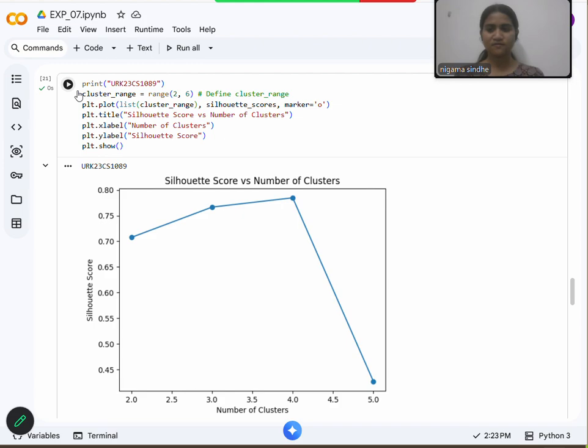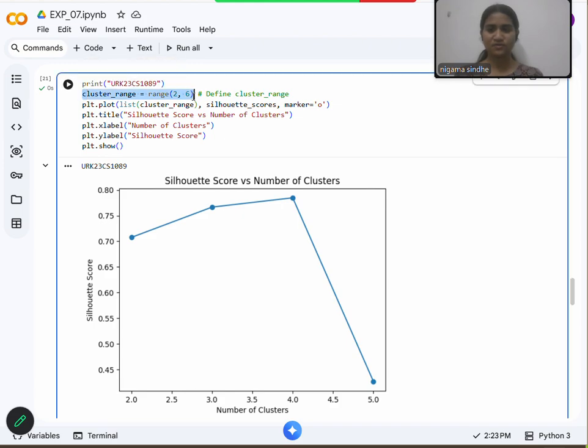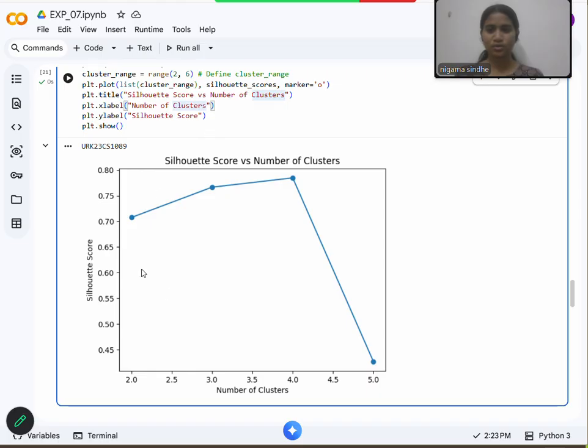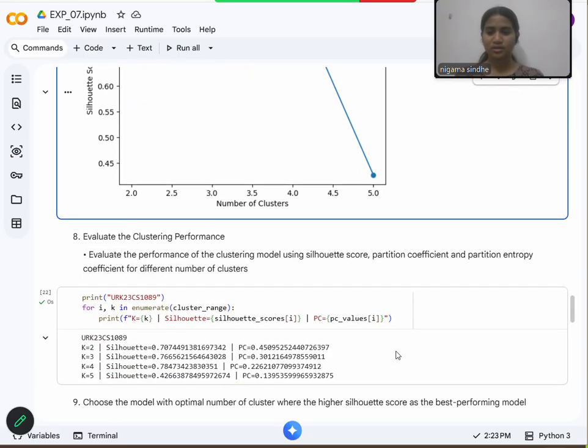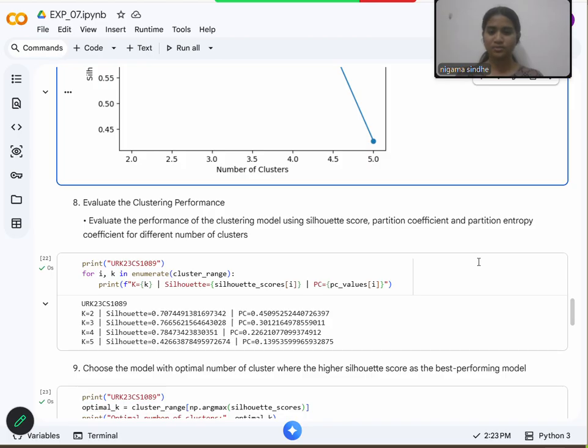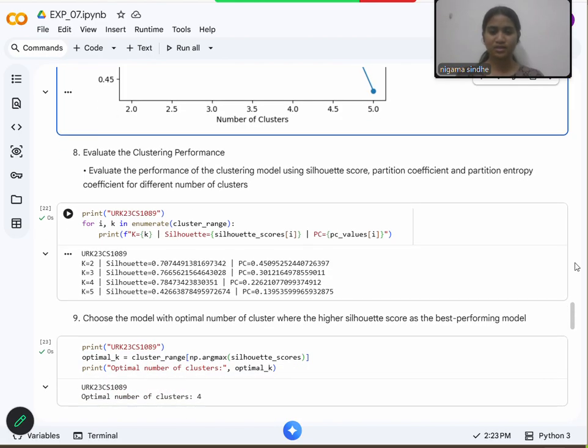As we have seen earlier, the cluster range would be from 2 to 6 as defined above. We are going to plot the graph between Silhouette score and number of clusters, and the graph would be increasing and then decreasing. Next we are going to evaluate the performance of the clustering, where partition coefficient, which is nothing